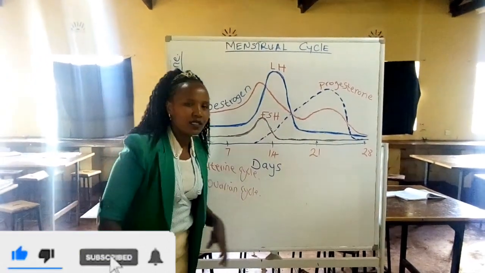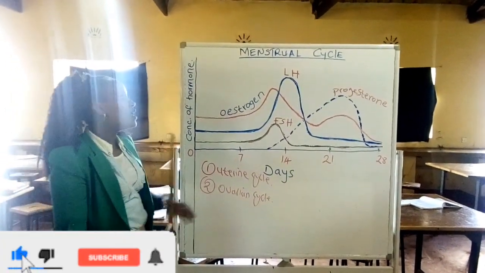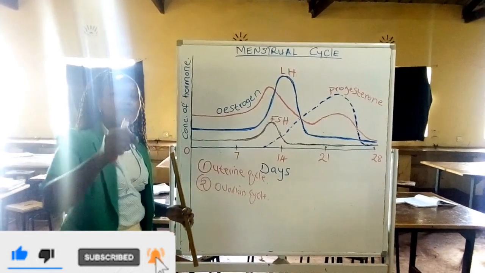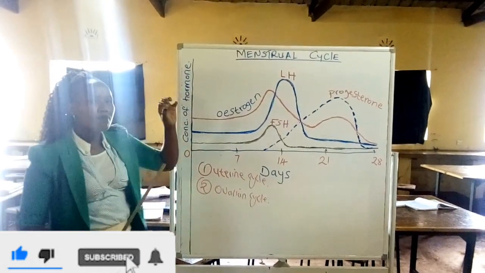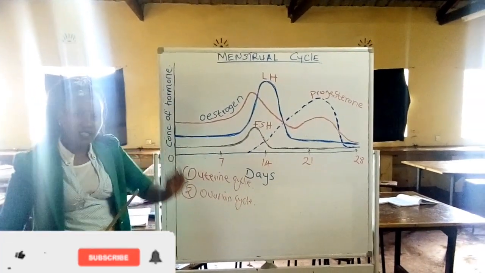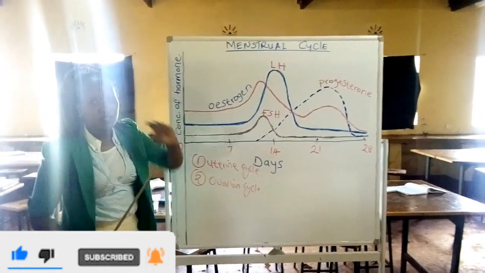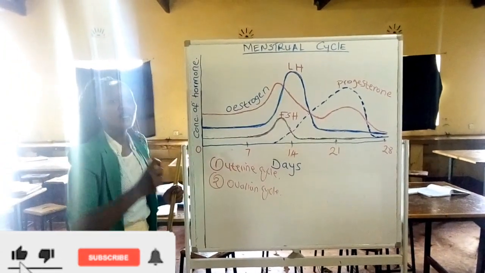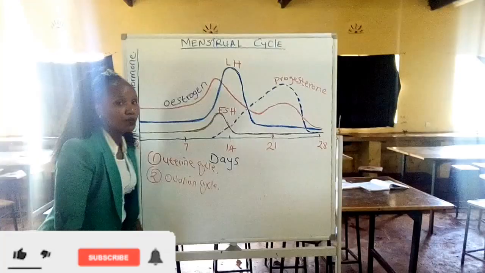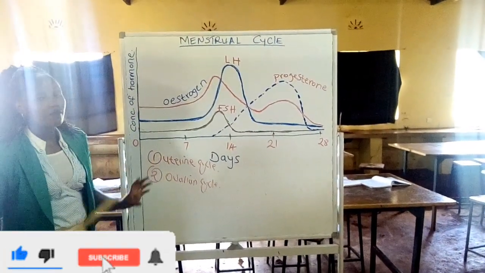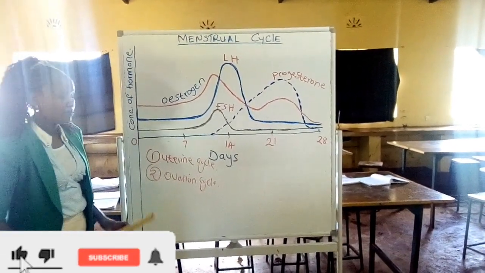And do you know what happens? The end of each menstrual cycle marks the beginning of another cycle. So immediately the blood is released through the vagina of the female who is undergoing this menstrual cycle, another cycle begins, the very first day when the blood is shed. The body doesn't care whether fertilization will take place or not. So